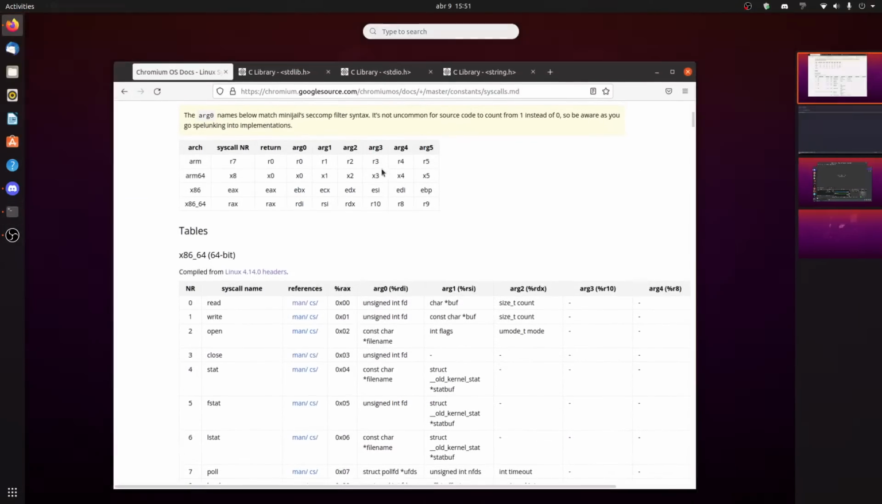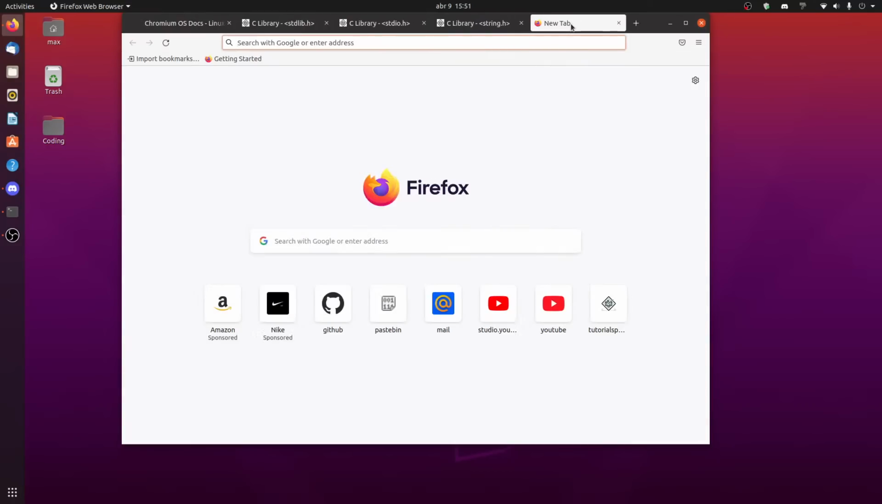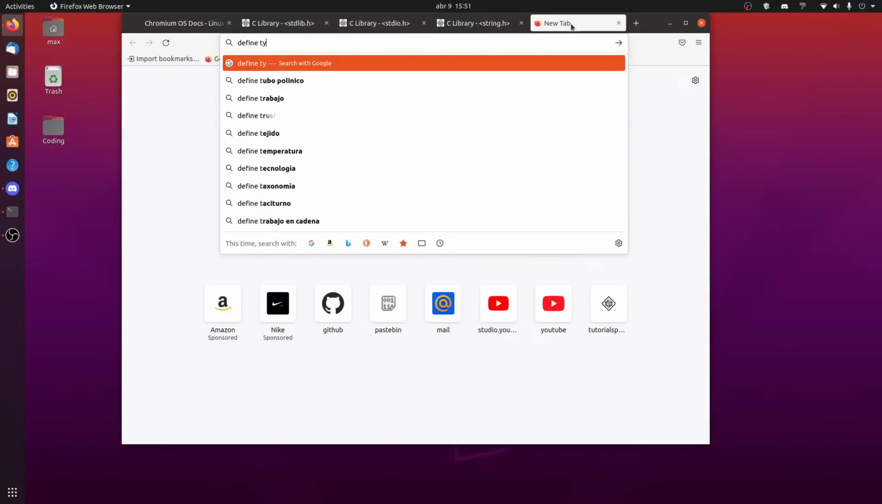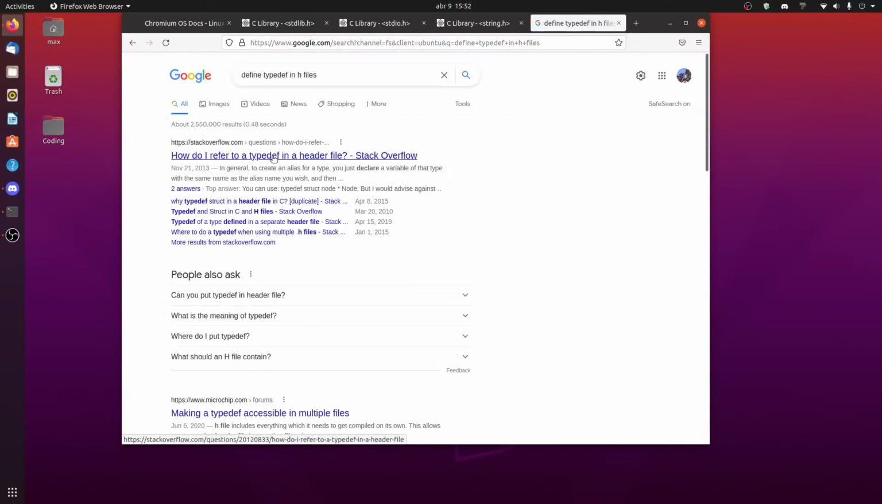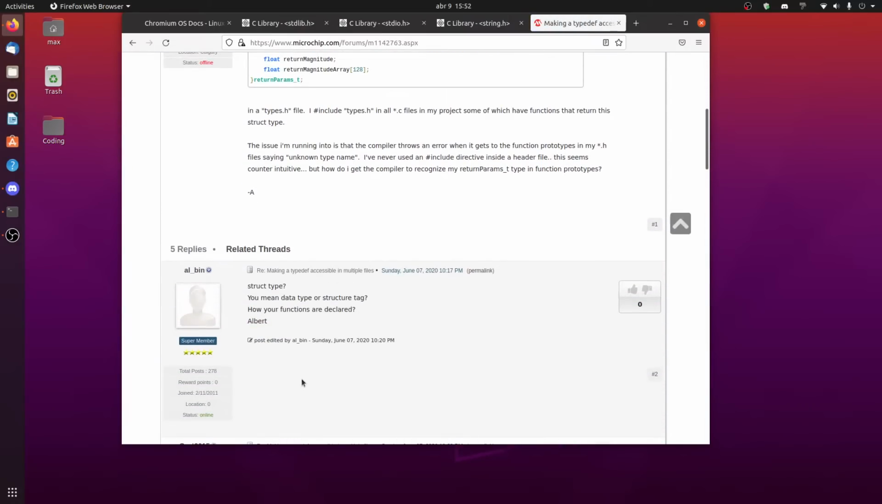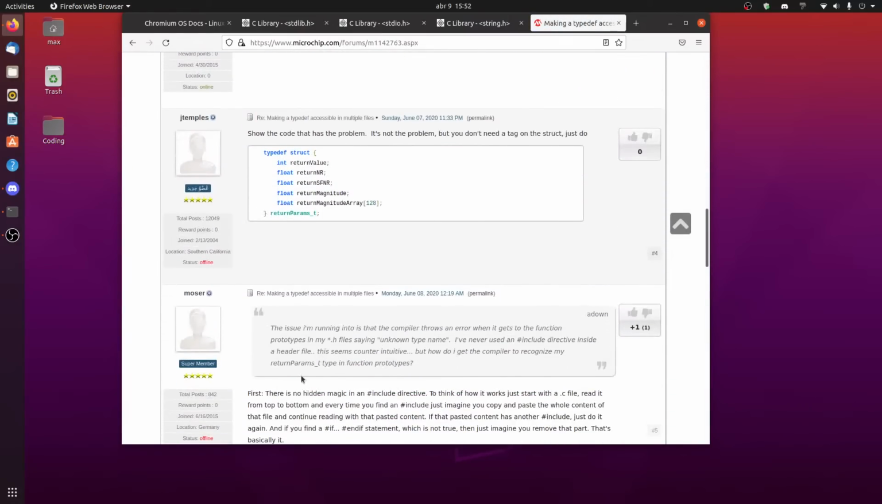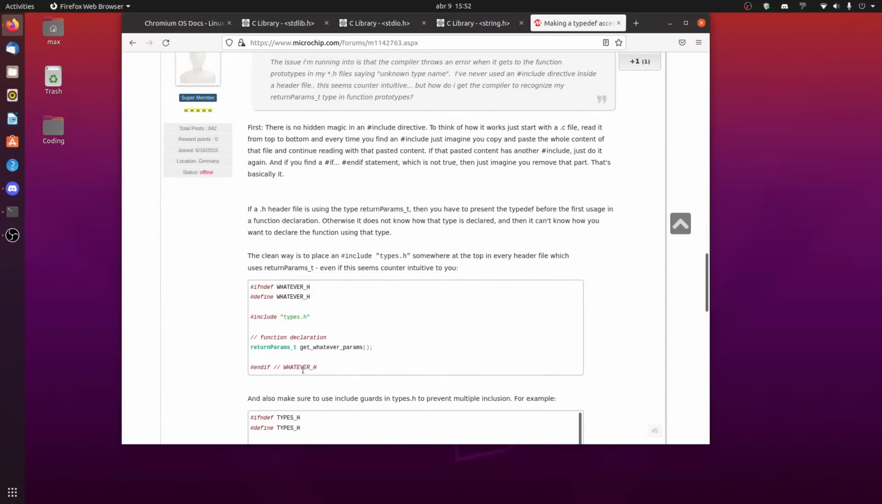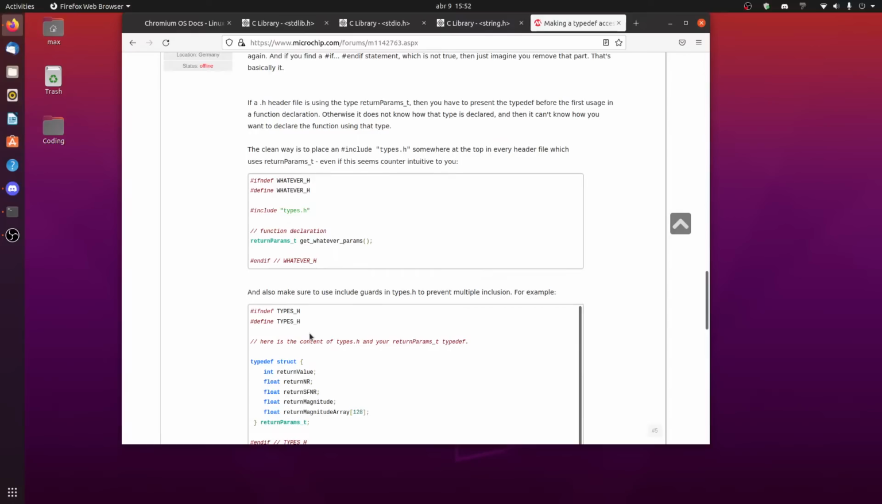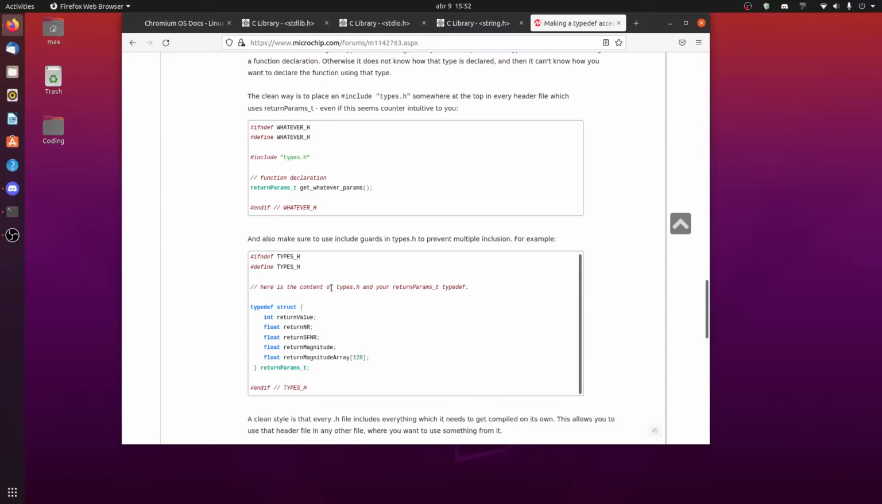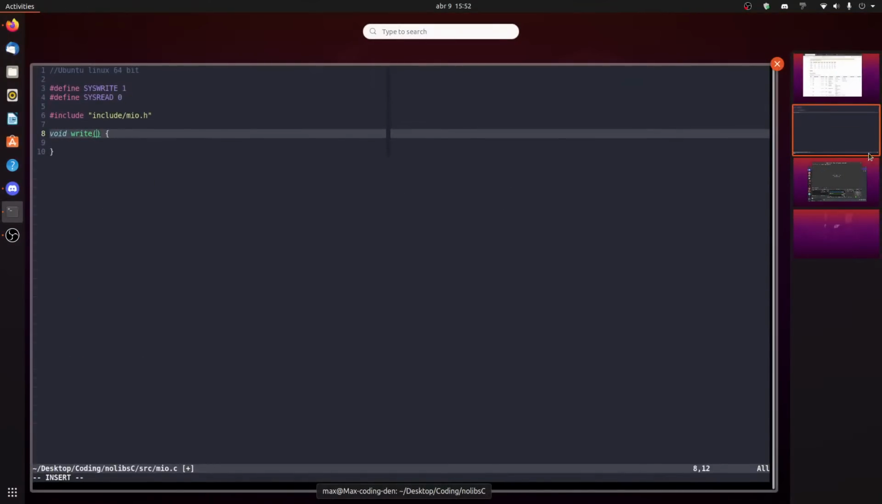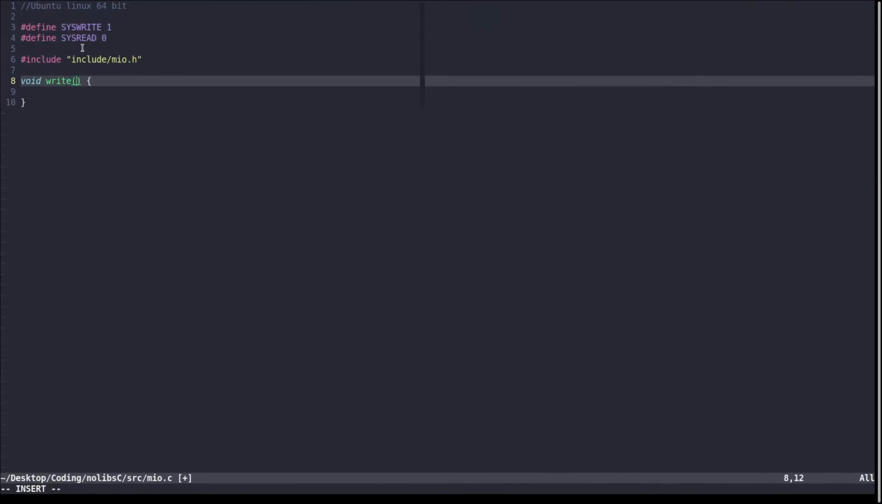And now I need to find out how to define things inside of H files, because I've barely ever worked with them. Define typedef in H files. Okay, I'm just going to see what this is. Oh, it's just like a typedef. You literally just put it as C. So I don't need to worry about that. So all I have to do is I can just say define inside of